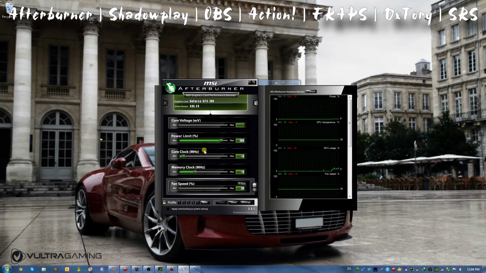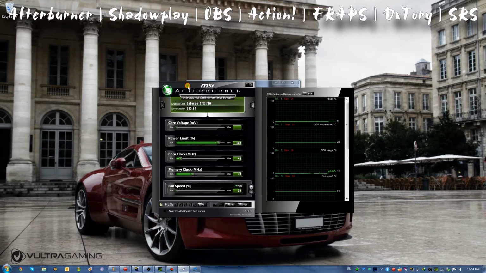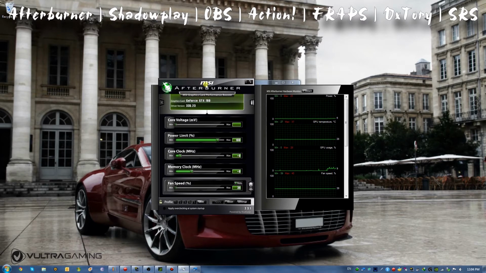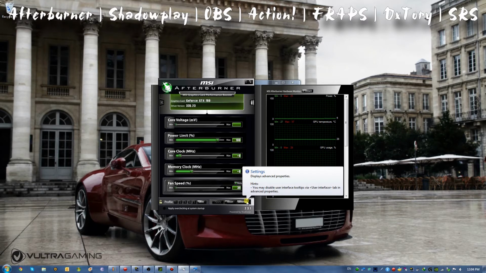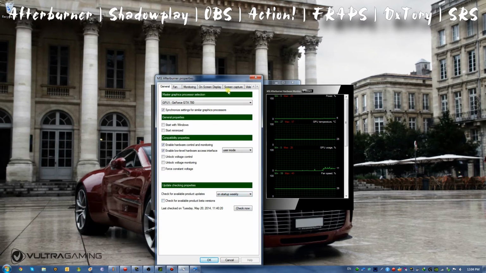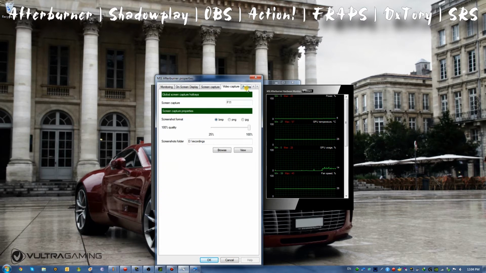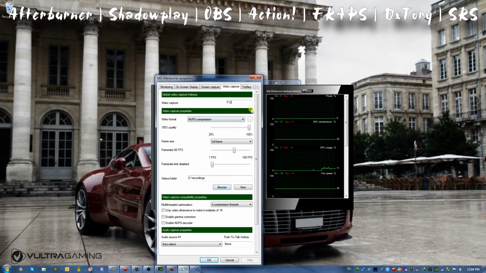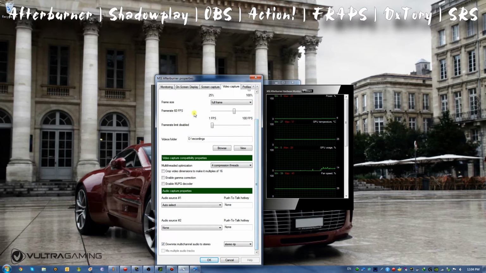The first one I'm gonna cover is probably one of the best ones so far, the MSI Afterburner. And it's got a few good things going for it, most notably the fact that it's free. So, right out of the gate, it's probably one of the best recorders right there. You can go to settings and see a few options to change for your recording on screen, like gaming. You can change your frame rate, your frame size, obviously the folder, and you can select up to 2 audio